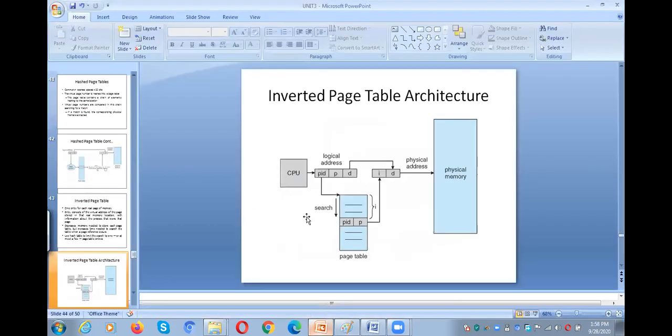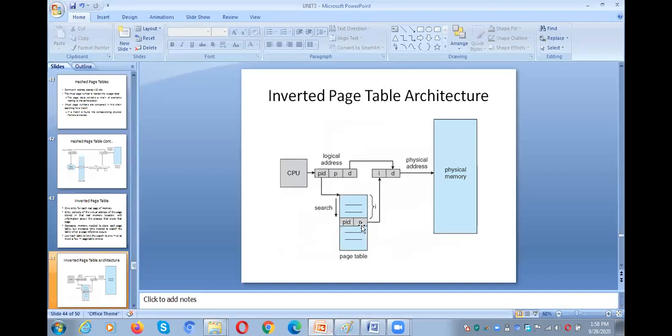Go to the diagram. Here observe, inside is the process ID and the page number. The number of entries is very small, so that we get the frame number. If you know the frame number, automatically the offset will be added to the frame number,